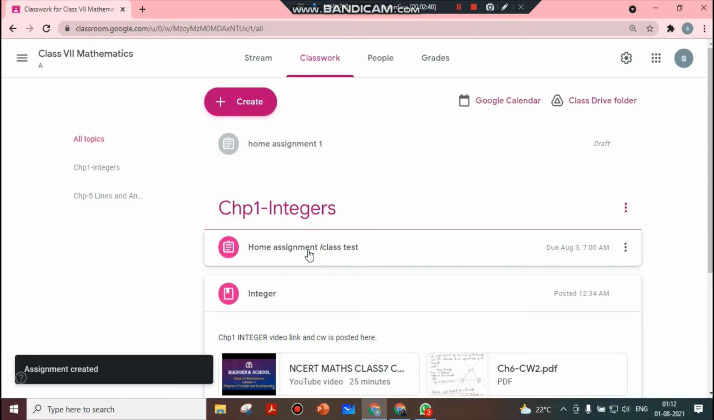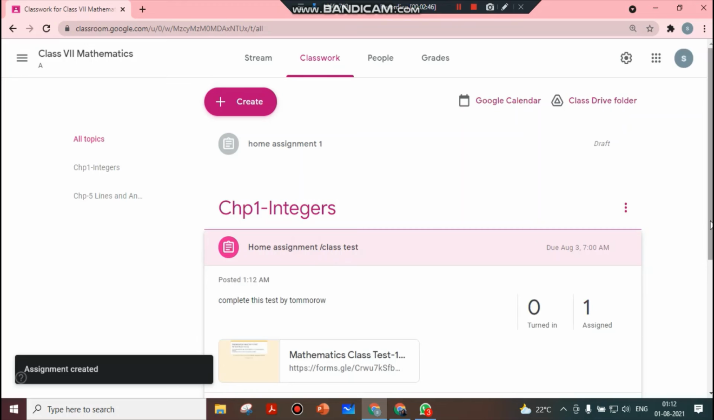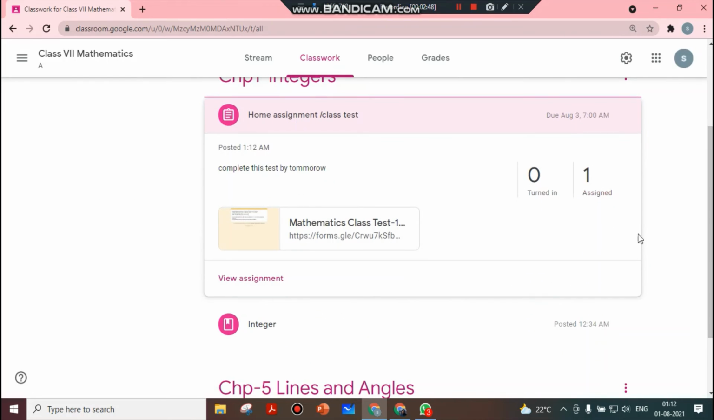Now you can see this home assignment has been scheduled. Click on home assignment, and everything will be visible here. You can see here we have assigned it, and it is not attended by the student, so it is showing turn in. Once the student attempts this test, they will get an option to turn in. When they turn in, it will be visible to us that the student has attempted this test. So this can be done here. Next,